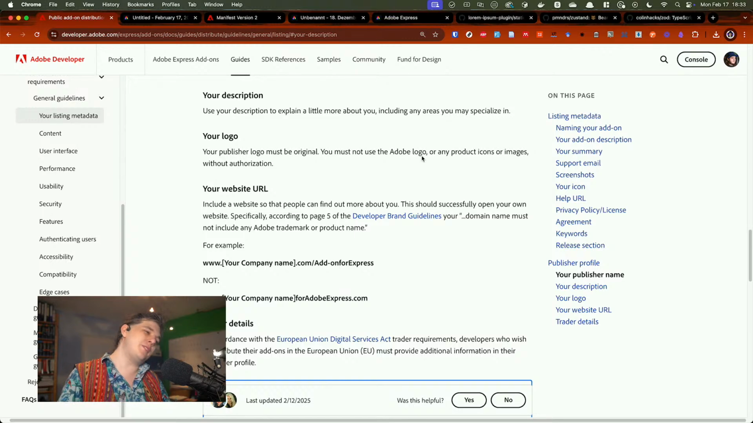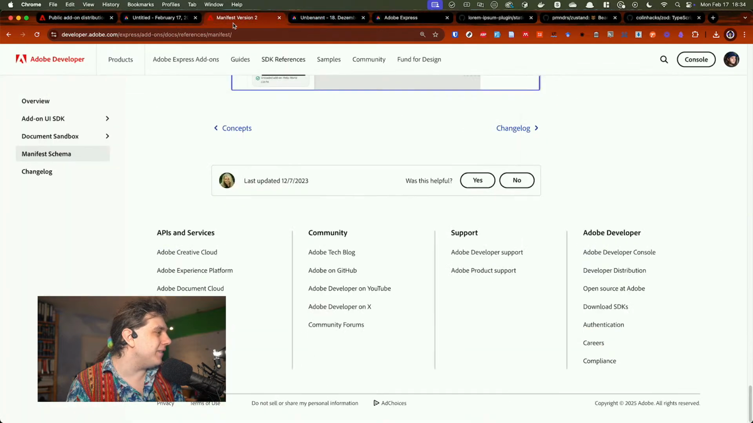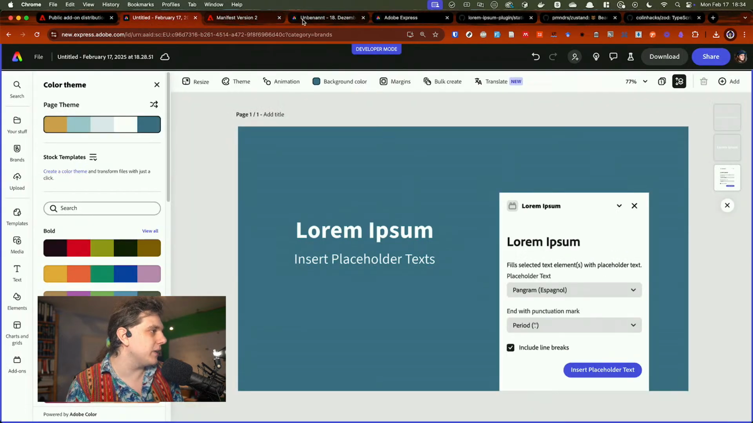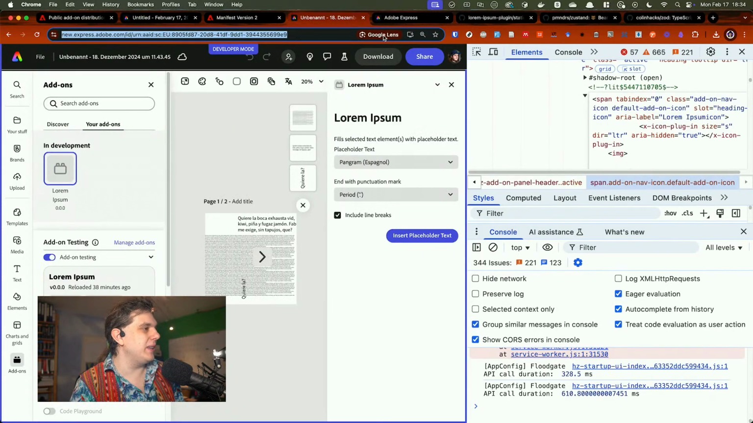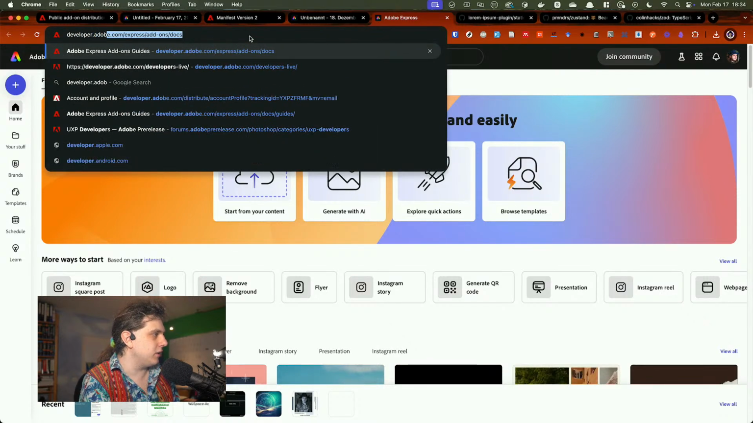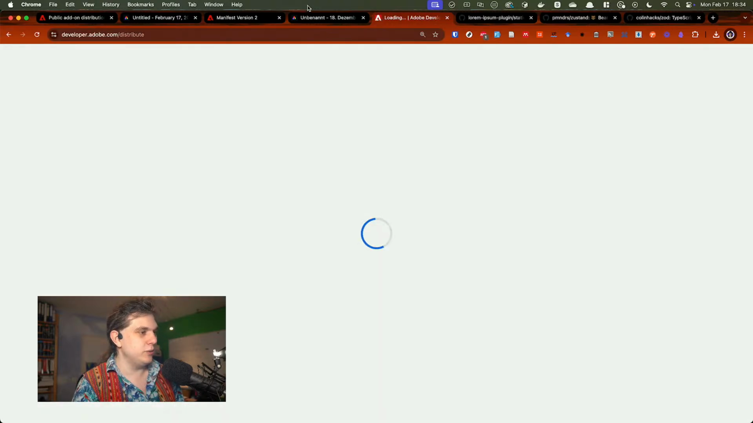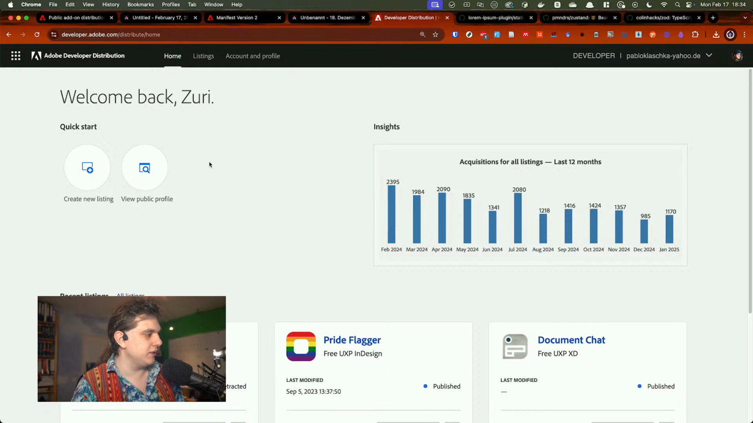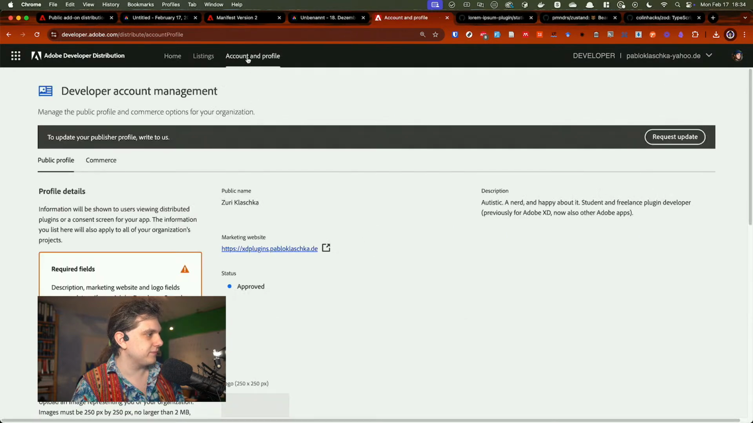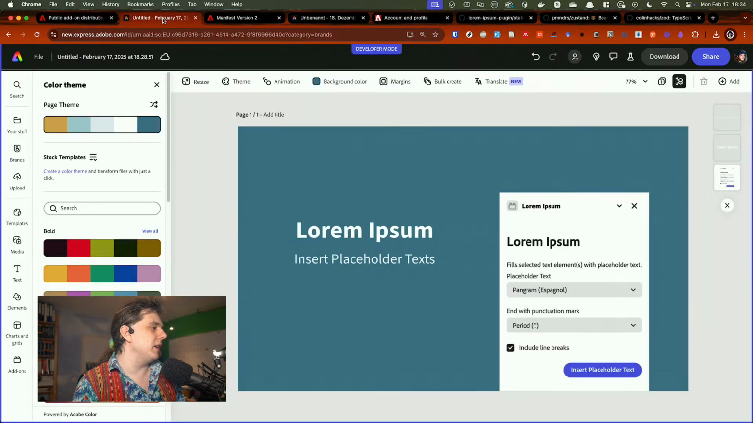Zuri Klaschka has been a developer for ages within the Adobe. Yeah, I'll figure something out. Your logo must be original. Yeah, at this point, like I once used a logo and now I can, let me quickly see how I did this over on the distribution panel. If I go to developer.adobe.com/distribute, I don't know if I was still using my logo there. Yeah, I'm still using the logo there, so I'll just use the logo over on the other side as well,